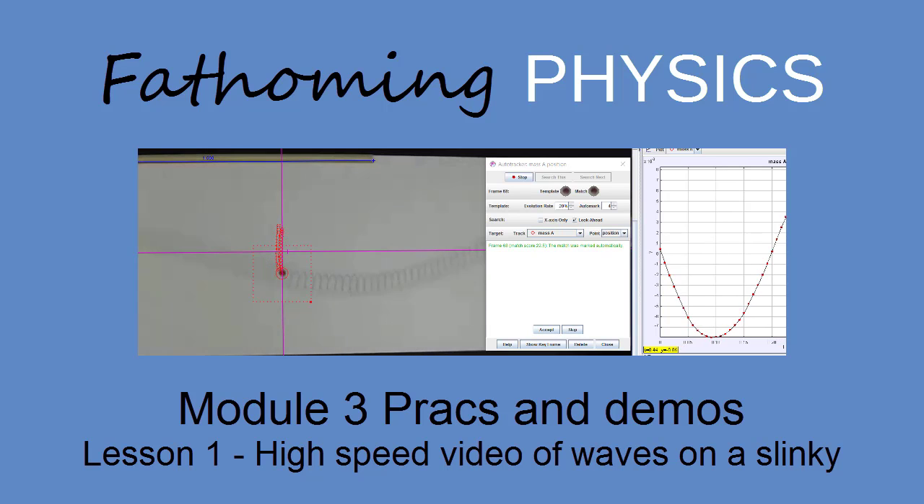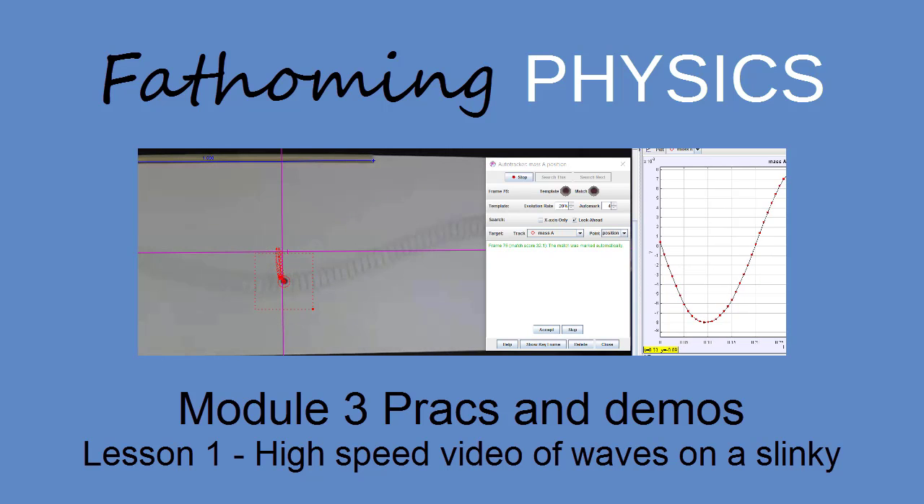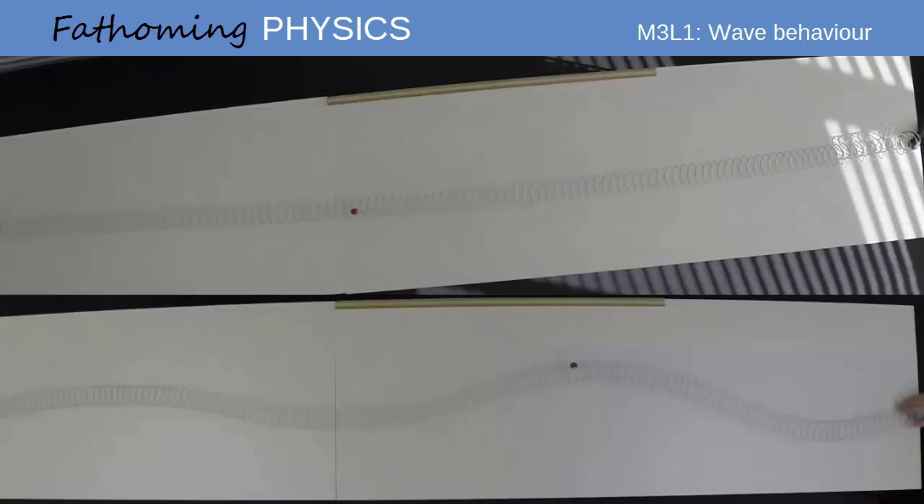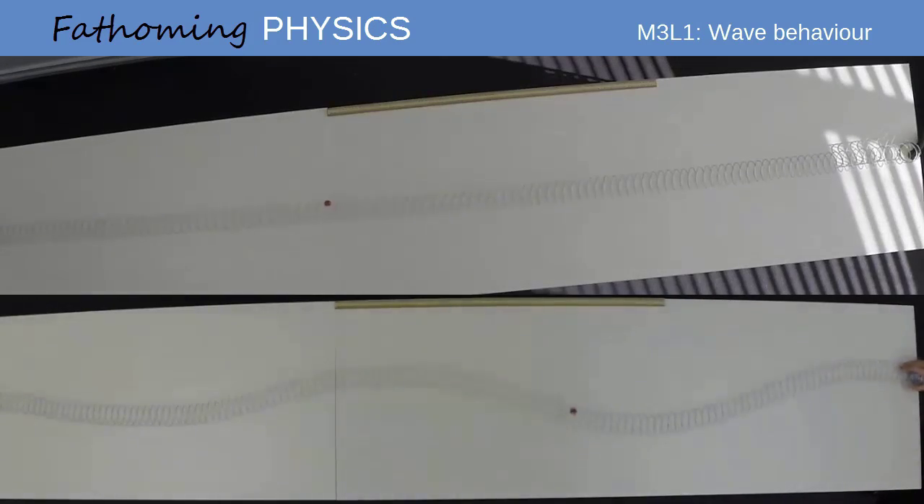In this practical, we will graph the motion of a particle in a longitudinal and transverse wave over time. Our aim is to analyse the motion of a small section of a slinky, which we've marked with a red ball. We've used a GoPro camera to take high-speed video at 120 frames per second of both a transverse wave